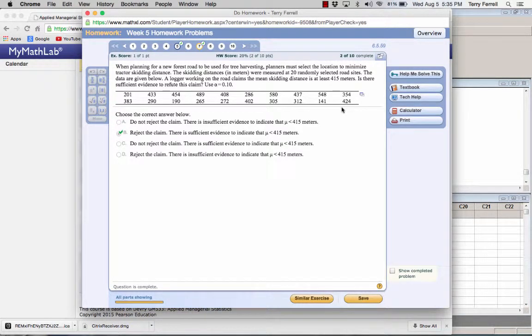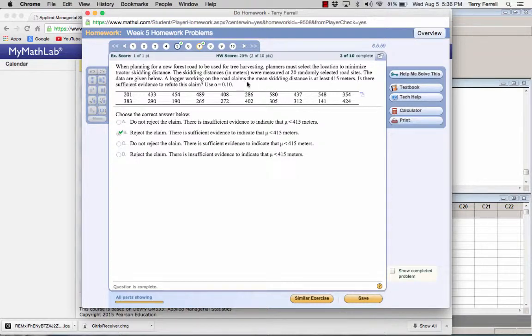Hello. Here's an example for problem number 7. Again, this one was tricky because of the language and how they worded it. Let's go to this last sentence. It says the data are given below. A logger working on the road claims